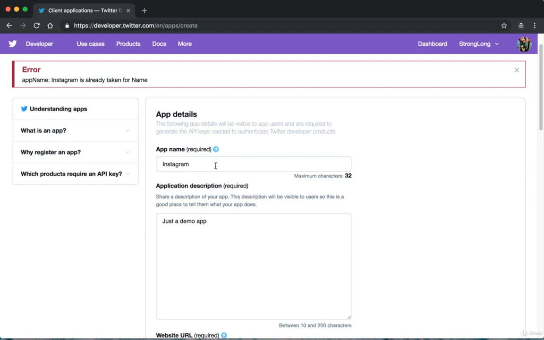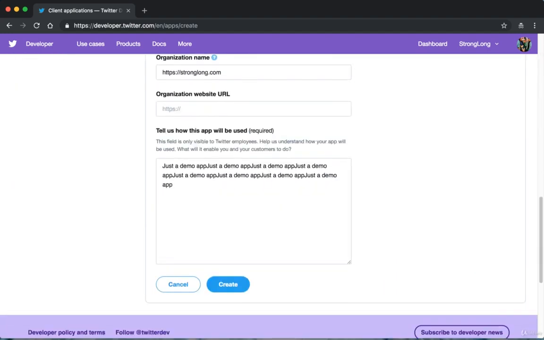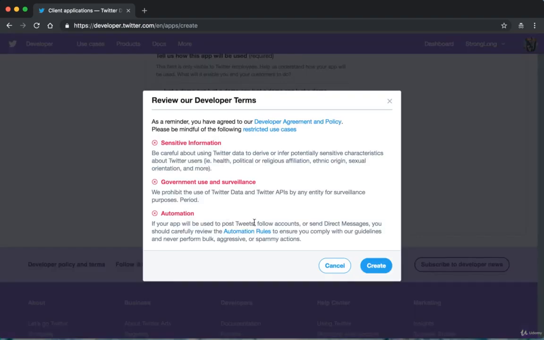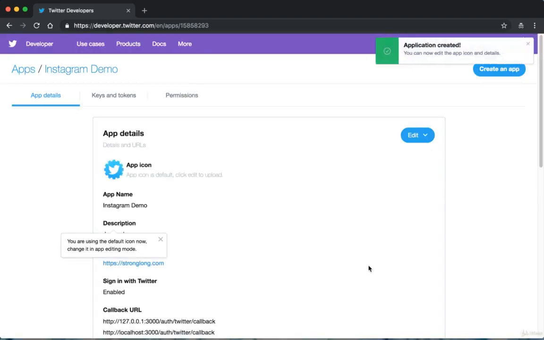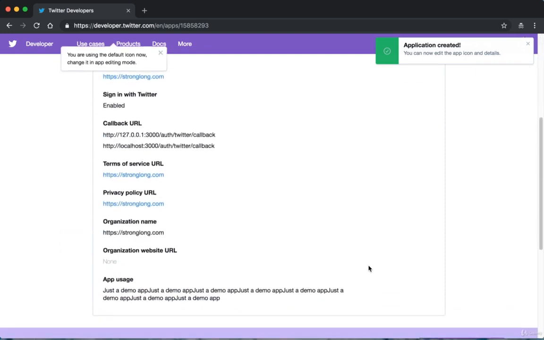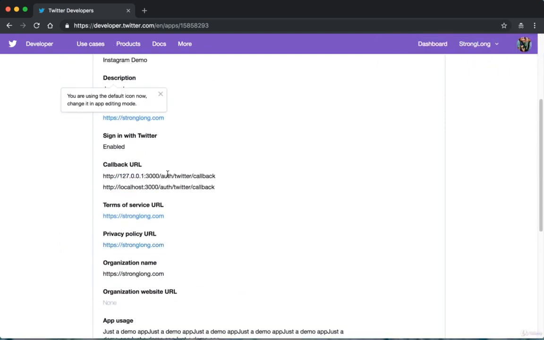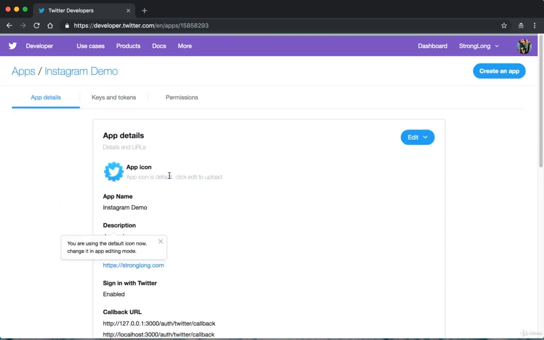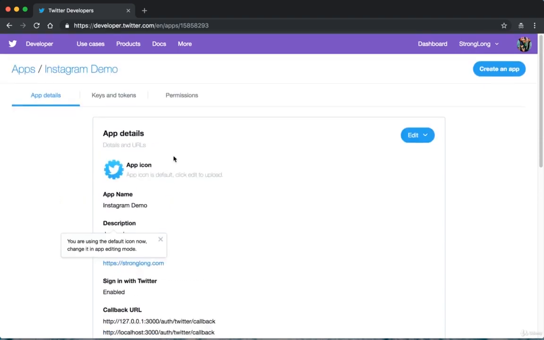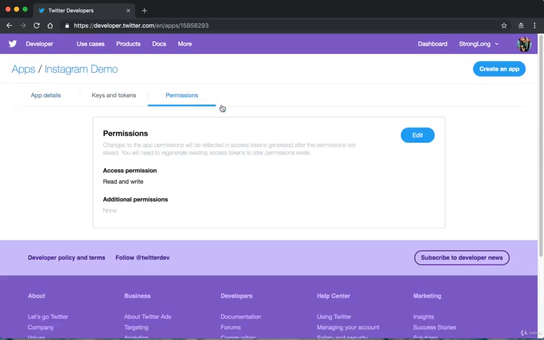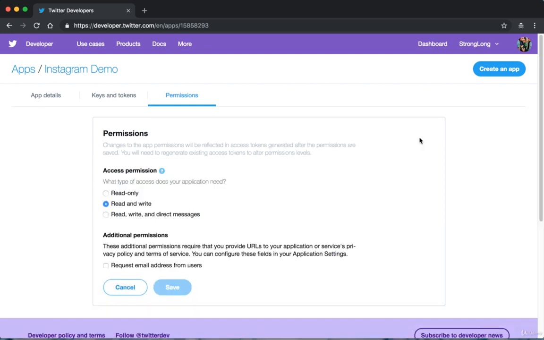Oh, I already have it. Alright, hit create. Alright, so we did create our app. Let's have a quick look. Next you'll go to permissions and click on edit, and you have to click